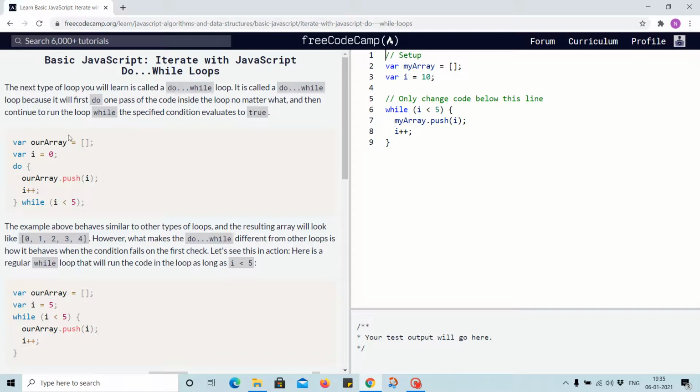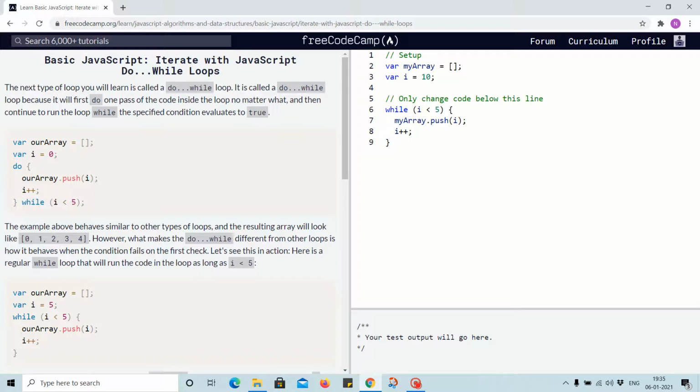So in this case we have an empty array, which is saved inside variable ourArray, and we have i with a value of 0. Here we first do, which means this code will run first, and later the condition will be checked with while.